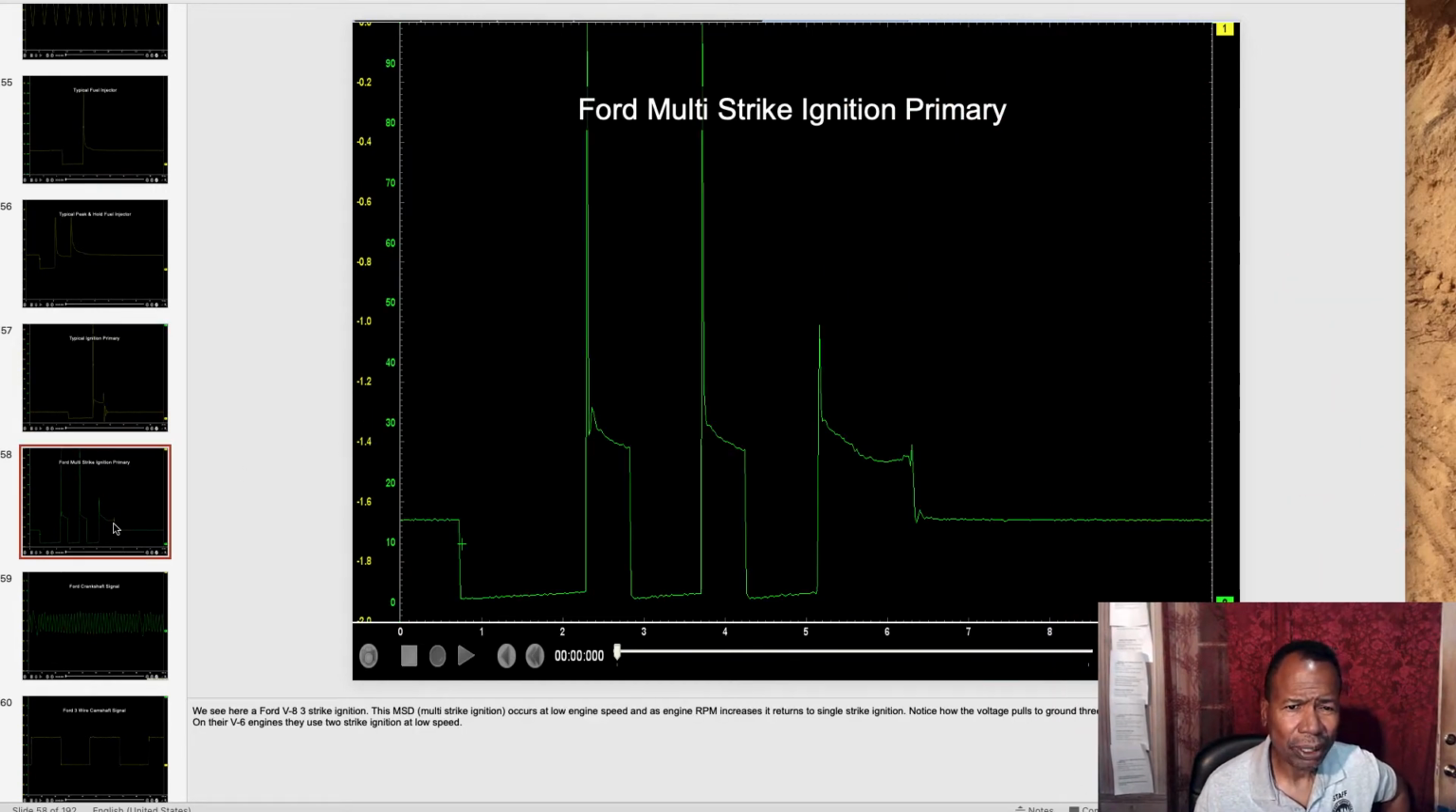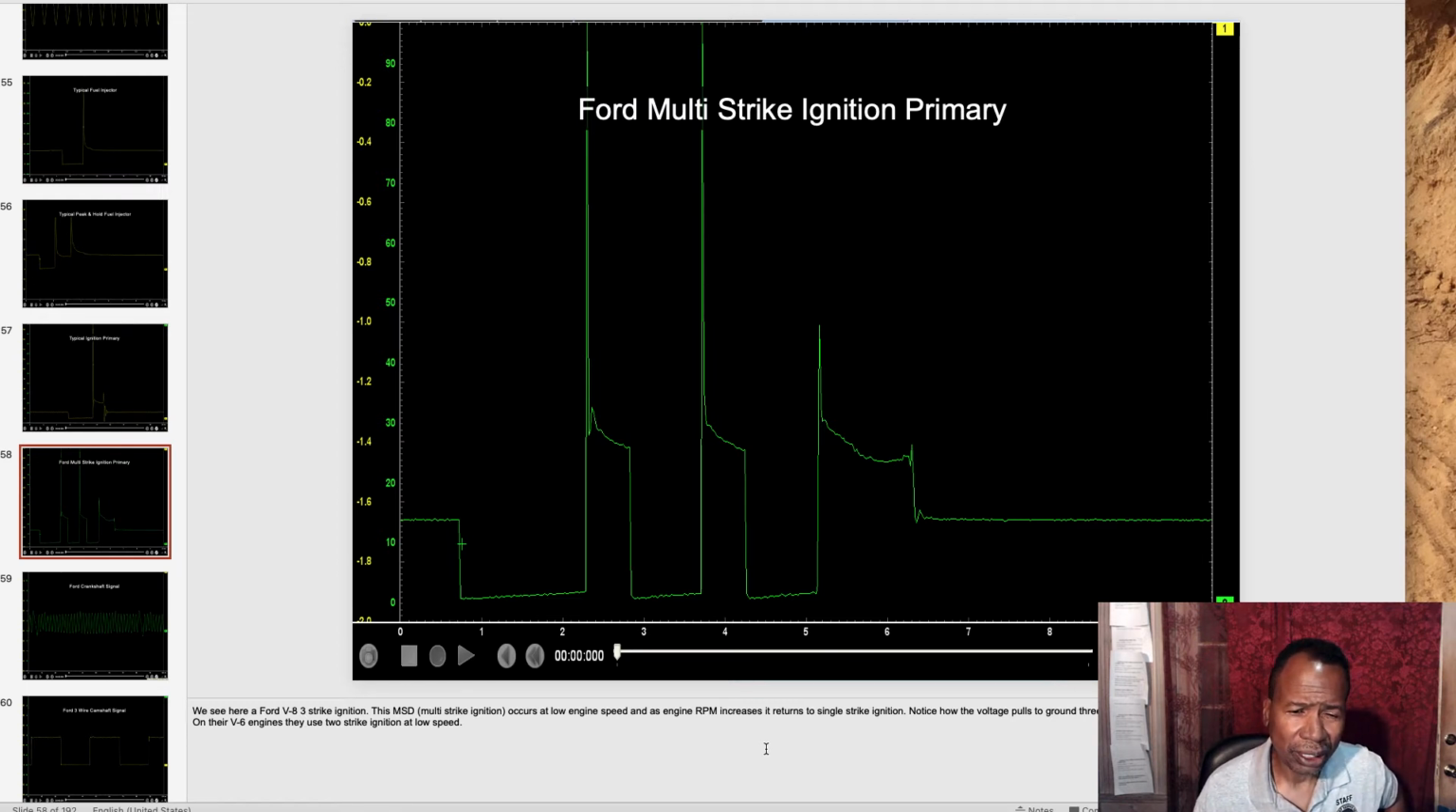And the next one is a multi-strike Ford. This is earlier Fords. You can see here in green, system voltage again. Here's 10 volts, about 14 volts here. And we pull it to the ground. But you can see in this case, it's been struck or pulled to the ground 3 times. 1, 2, 3. The only reason I could think they'd be doing this is maybe it's for